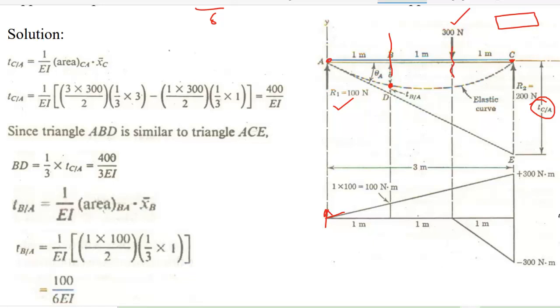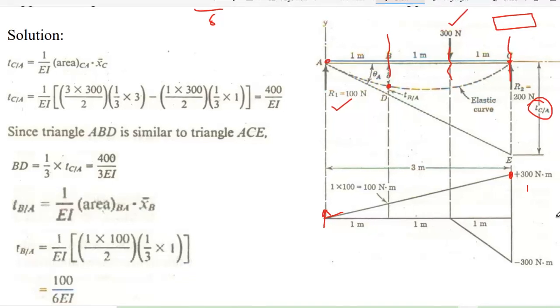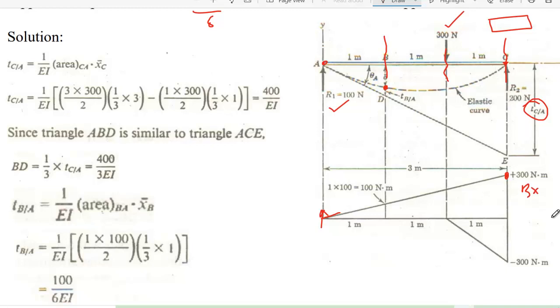If you take a section here, it would be 2 into 100, 200. If you take a section just before C, it would be 3 into 100, 300. So this is for reaction 1, and the drawing of this reaction 1 will be like this,